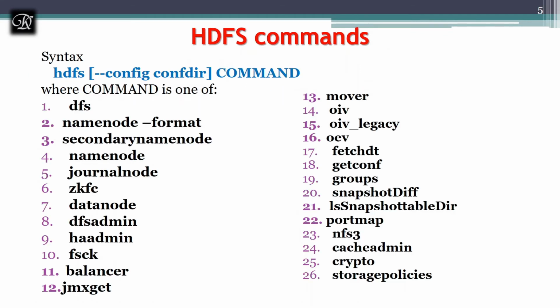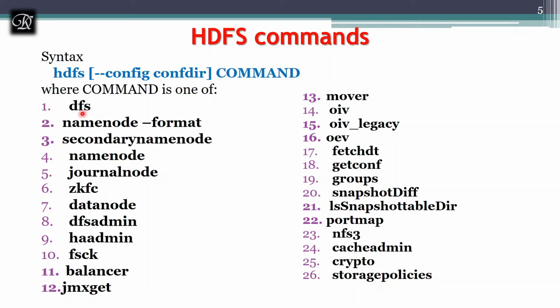Let's discuss some of the standard HDFS commands. Any HDFS command should start with the syntax given over here. It should begin with hdfs and then have the respective options, any configuration things, which we will discuss in the general commands in the next slides, and the remaining commands. So we are discussing the commands right now, and next we will discuss the general commands.